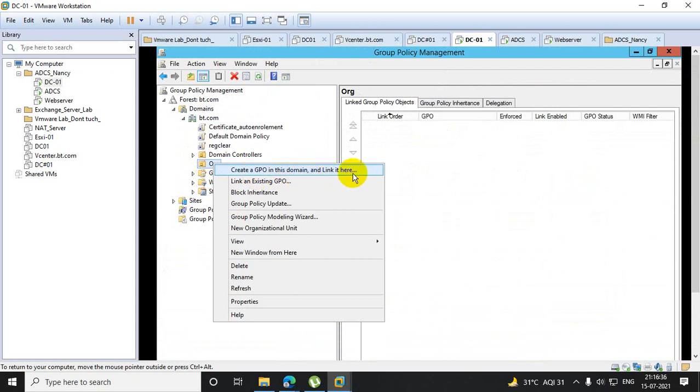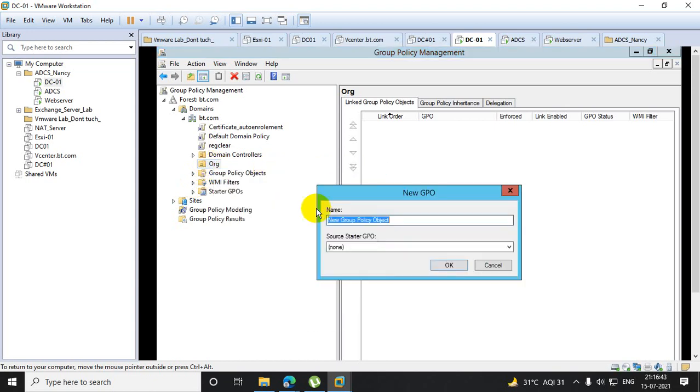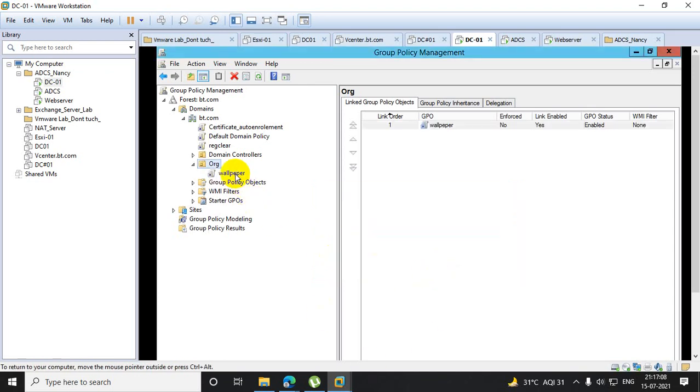Either you can create it there, or you can create the GPO in the container and later link it, as your choice. Now select this.